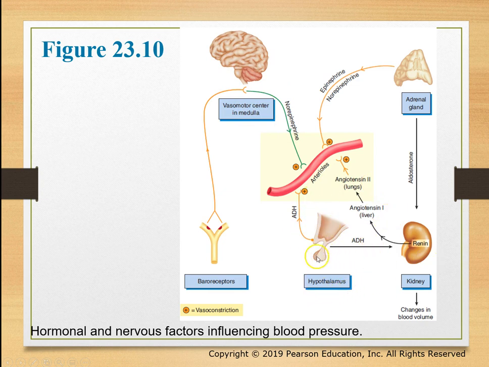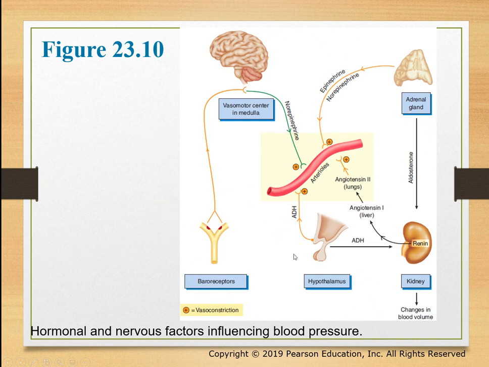So again, remember the hypothalamus controls the pituitary gland, right? And controls hormones. And so ADH will again cause an increase in blood pressure here. This is the angiotensin, that renin-angiotensin system I mentioned on that last slide, okay? Also, if you talk about fight or flight, you're going to get increases of epinephrine and norepinephrine from the adrenal gland as well. That's going to cause an increase in blood pressure and a constriction of the arteries. Okay, so you really should understand what's going on here.